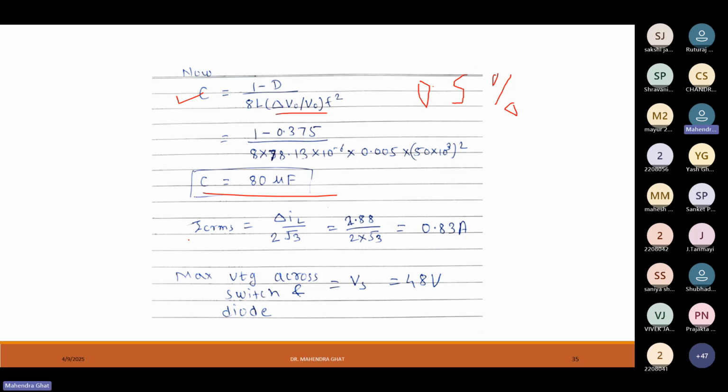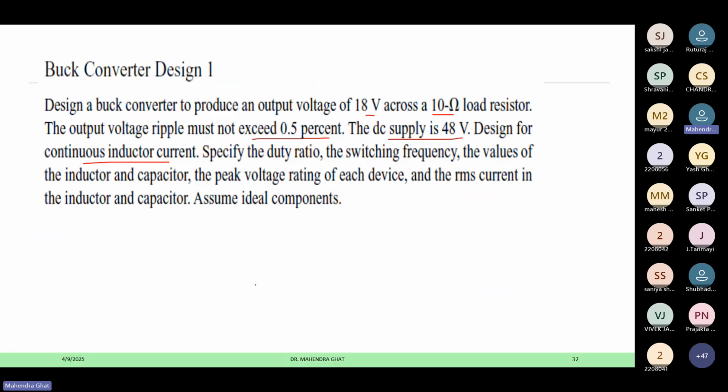Similarly, from the graph of the capacitor current, if you calculate the RMS value, you will get delta IL by 2 into root 3. This is the equation. So if I put these values again, I will get 0.83 as the RMS value of the capacitor. Now, if we check in any case, so if I go back here,